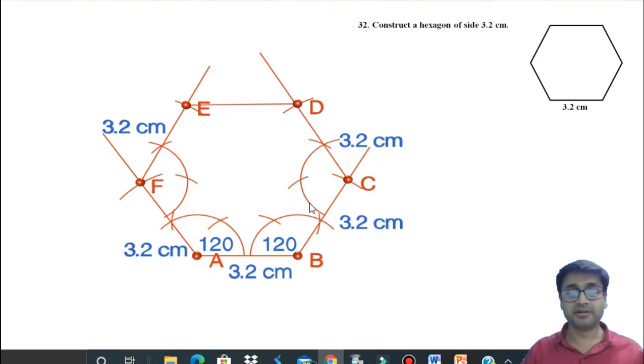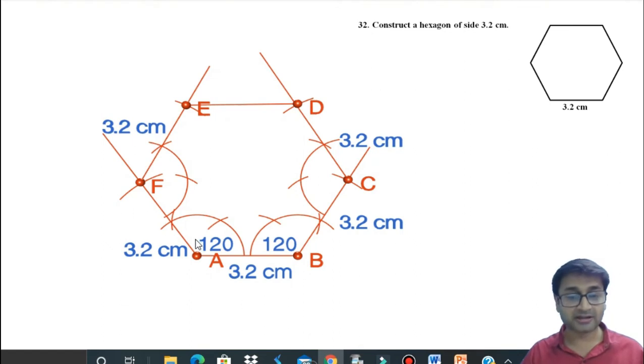So I can teach you one cheating method which you should not tell anybody, okay? The cheating method is, when you are drawing this 120 degrees, instead of taking 120 degrees with the compass, keep your protractor here. Take 120, just put a dot, draw a line, and then draw your arcs. So you will get exact 120.